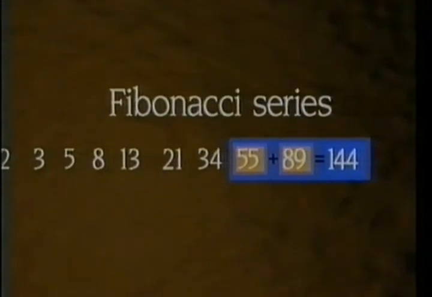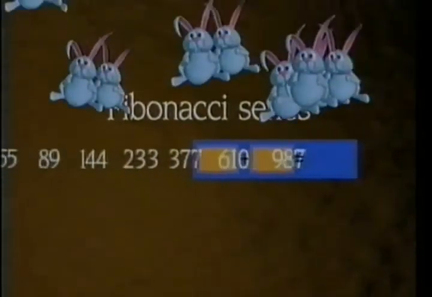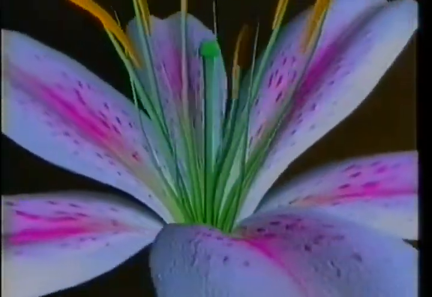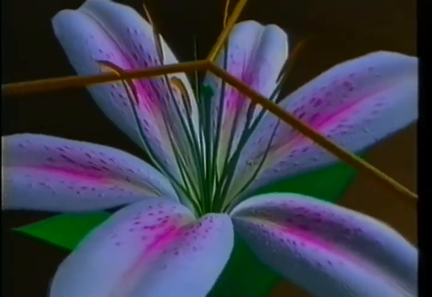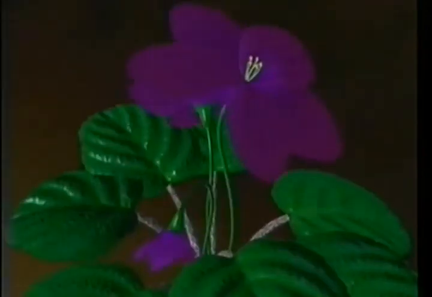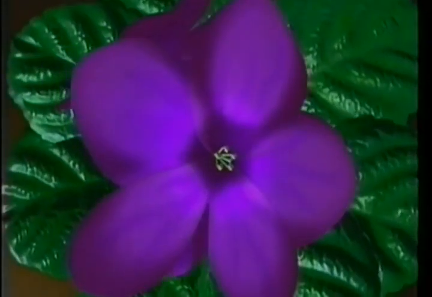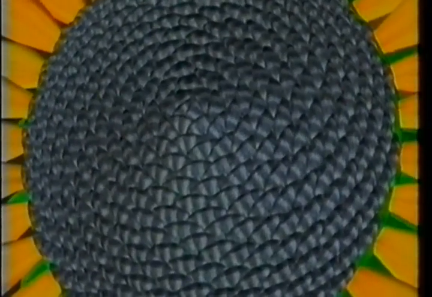This may appear to be of little consequence, but these numbers would become the key to unlocking more mysteries than a plague of bunnies. For instance, in the field of botany, the structure of flowers is based on Fibonacci numbers. Lilies have a radial symmetry based on 3. Violets have 5 petals. Sunflowers have petals totaling 33, 55, or 89. This phenomenon, not explained until 1993, appears to go beyond genetics to the natural dynamics of growth.